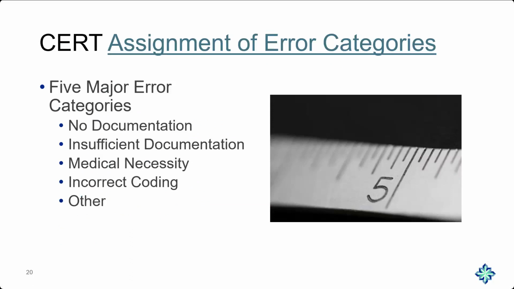When the CERT contractor finds an error on a claim, the CERT contractor is going to assign an error category, and they must do so because CMS instructions say they have to do this. So there are 5 major error categories, and I've listed them here on this slide for you. If you open this embedded link, and I'm going to try to do that right now while I'm talking